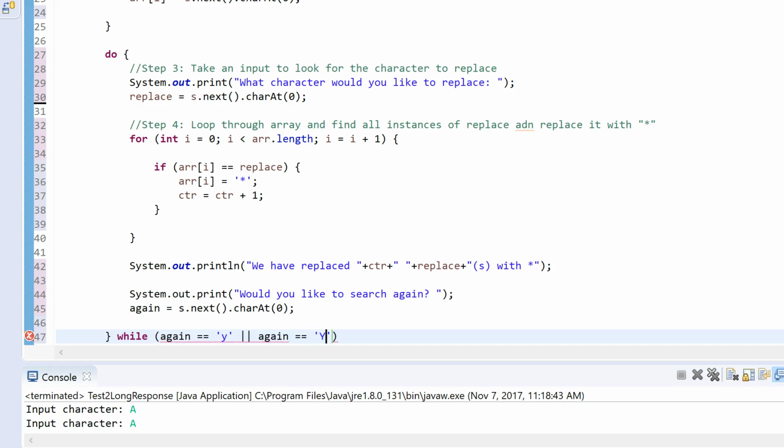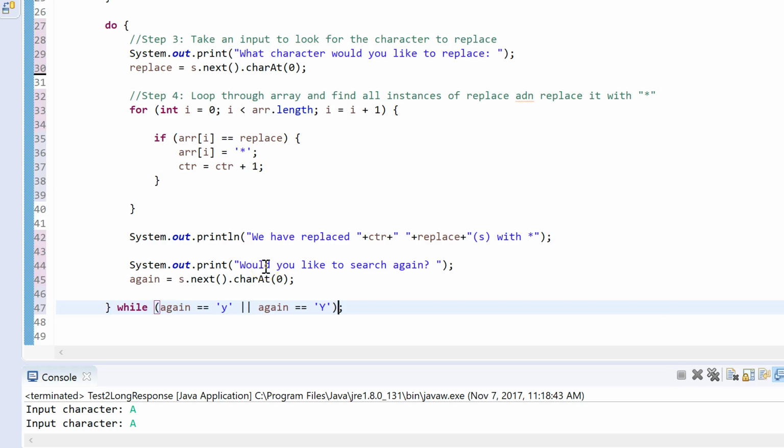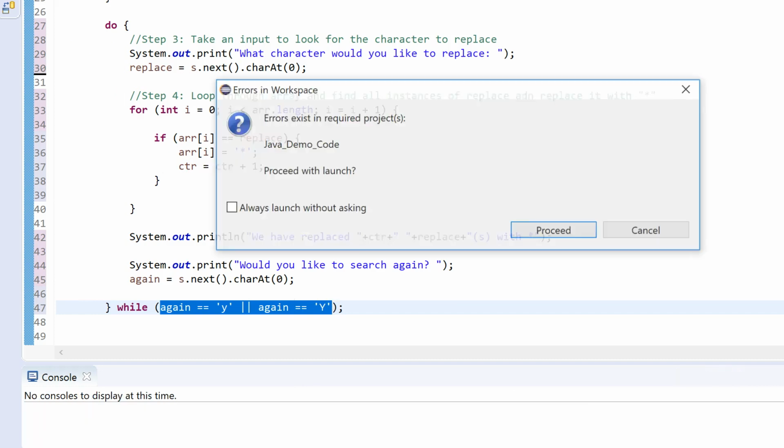to capital Y. So I think small y or capital Y. So when you set this up, you might set a slightly different condition using while again is not equal to no and is not equal to small n and is not equal to capital N, but I just chose to go with the y's. So if I run this now,